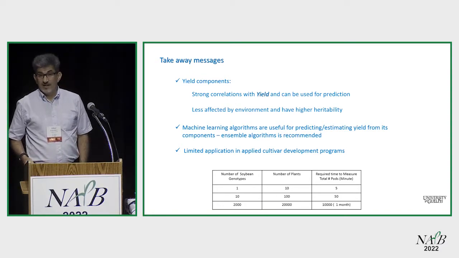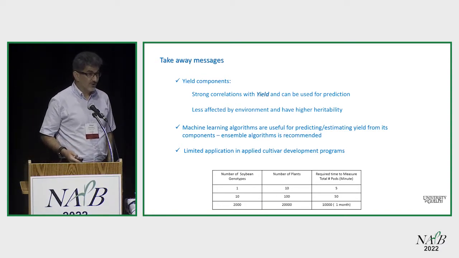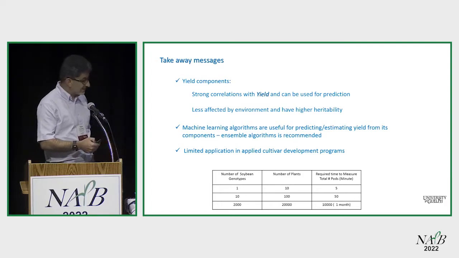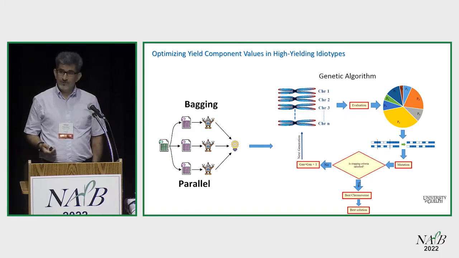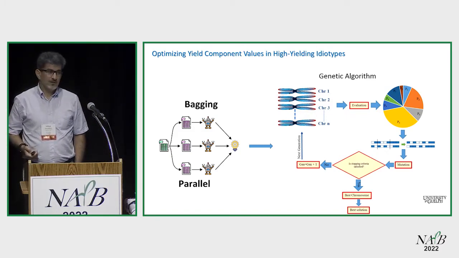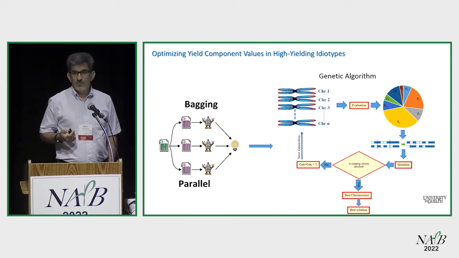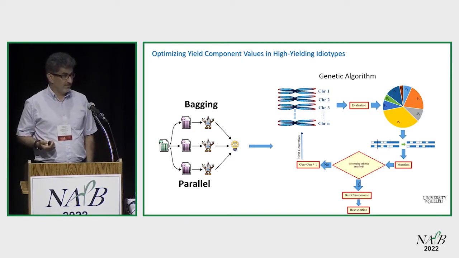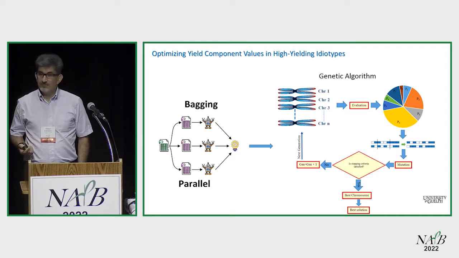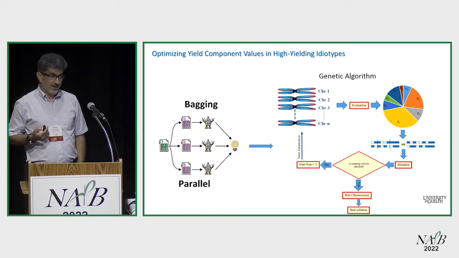So it's not applied information. It's good, but how could we use it? Having said that, we decided to figure out how we could use this information. We decided to design or model a high-yielding ideotype in soybean and see what the optimum value is for those